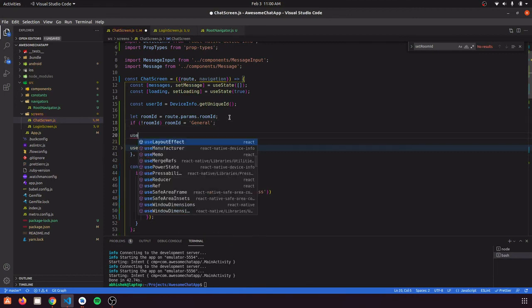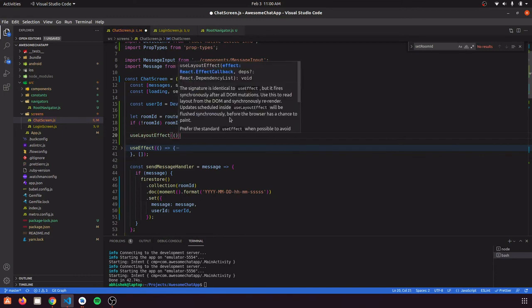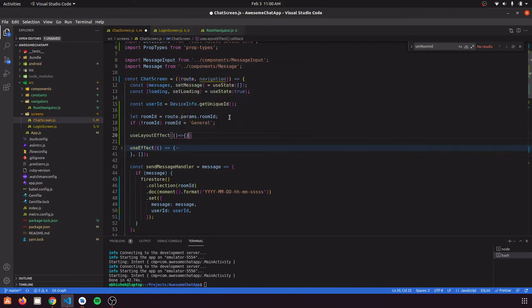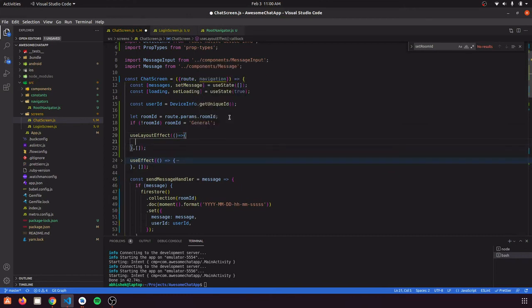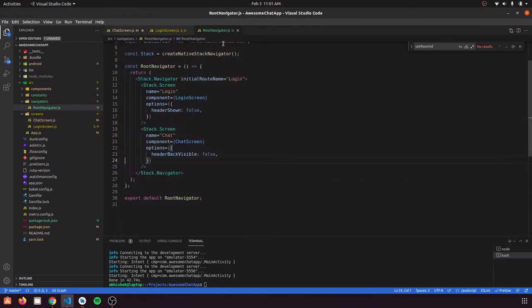So we are going to use use layout effect from React. Its syntax is also the same as use effect, and we are just going to call it one time. And now here we can set our header title. So navigation dot set options. Now we can set the option that we were defining before.